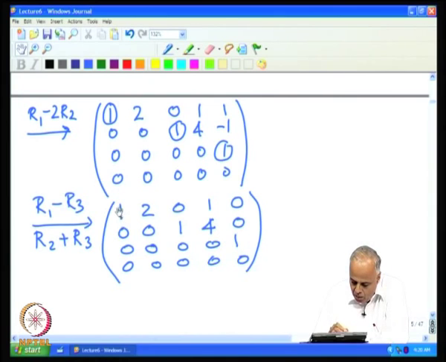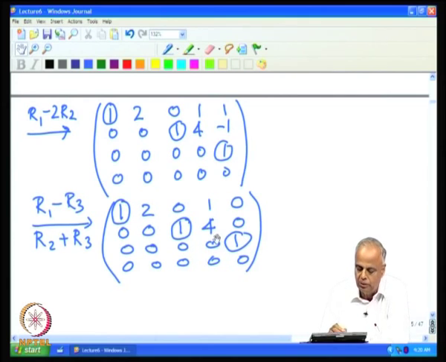And as we move down, the pivotal ones are moving to the right. So here is a pivotal 1, here is a pivotal 1, here is a pivotal 1, and as we move down, the pivotal 1 goes to the right and so on. The column which supports a pivotal 1 has all other entries 0 other than the pivotal entry. Therefore, this matrix is in row reduced echelon form.